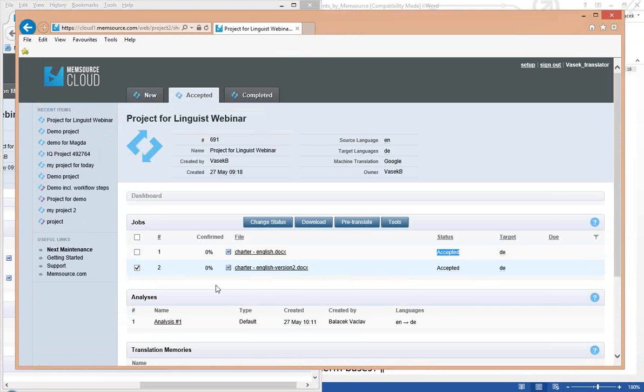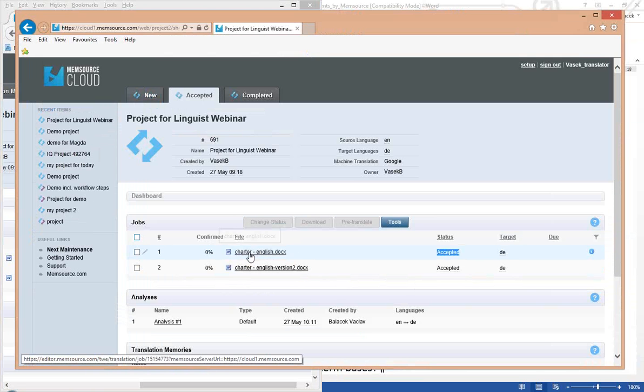One of the important things to begin with is that in Memsource you have access to 2 translation workbenches. One is completely web-based. We refer to it as a web editor, and it is available by simply clicking on any of the files to be translated, or if you want to merge more files into one view, you will do this by selecting them and then clicking on any of these. So if I click here, this will open this one file in one instance of